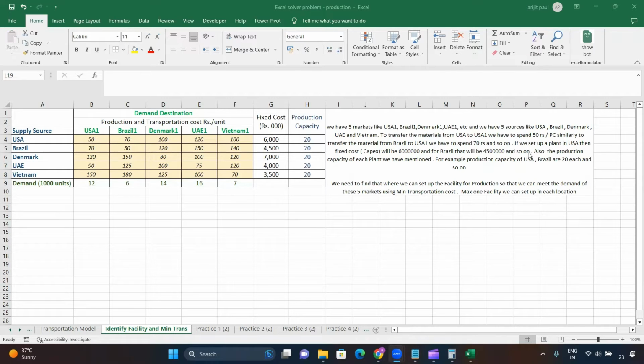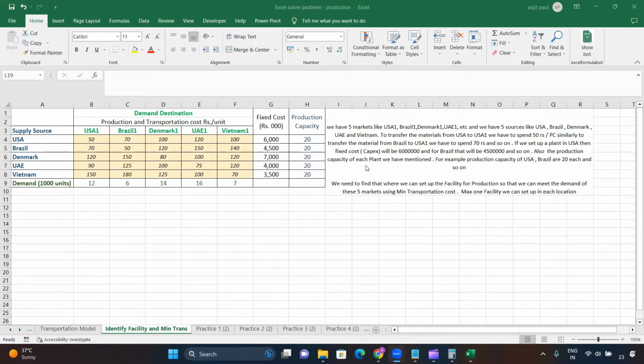Okay. If we set up a plant in USA, then the fixed cost capex will be 6 million. That means we need to spend around 6 million rupees if we set up the plant or facility in USA. If we set up that plant or facility in Denmark, our one-time expense will be 7 million. Okay. For UAE, that will be 4 million. For Vietnam, that will be 3.5 million. Okay. Now,